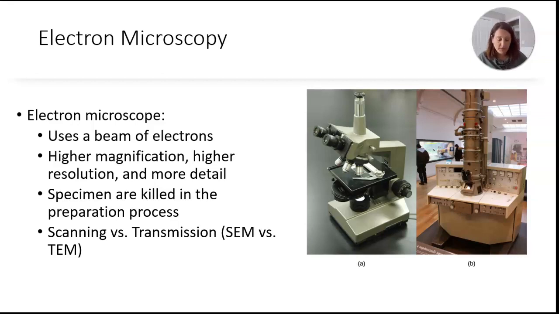There are 2 types of electron microscopy. There is scanning, which we call SEM, and there's transmission, which we call TEM. And I'm going to show you images produced from the 2 in just a second. But just so that you know, scanning electron microscopy, when we do this, we're really just looking at the surface of the organism. And so the electron microscope, you'll see a 3-dimensional image, right, of that surface of whatever it is that you're trying to look at, the cell or the organism.